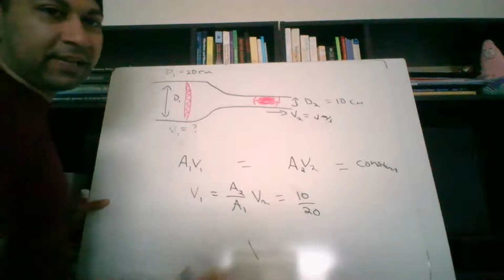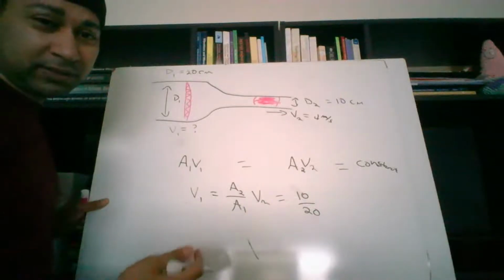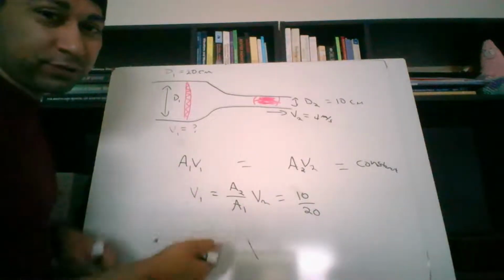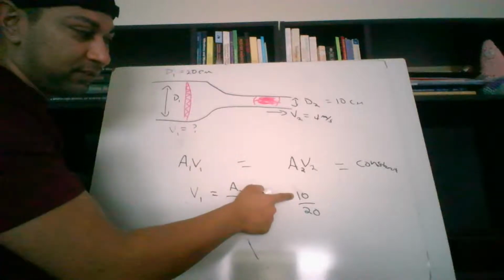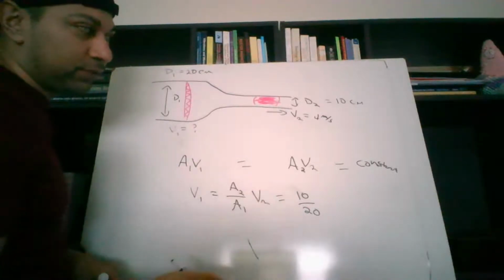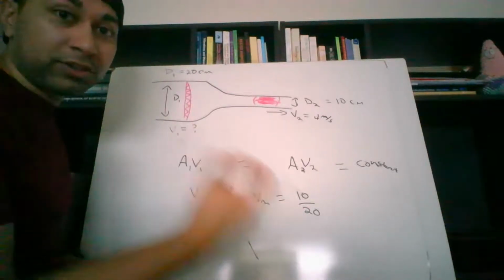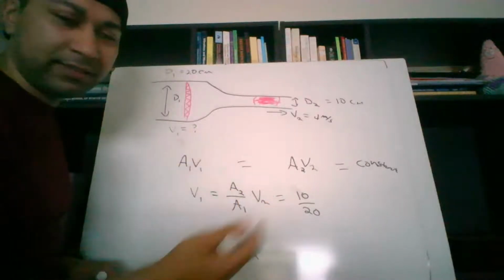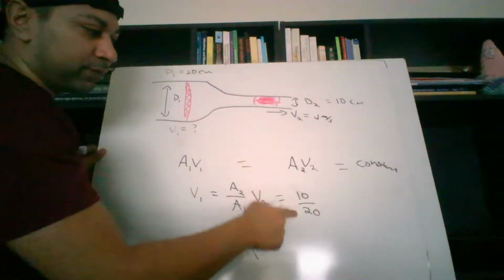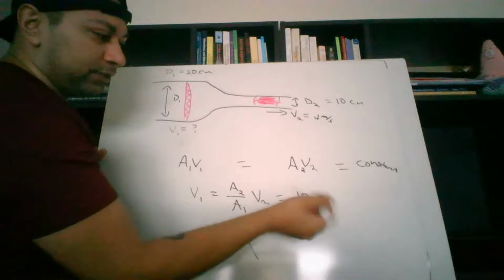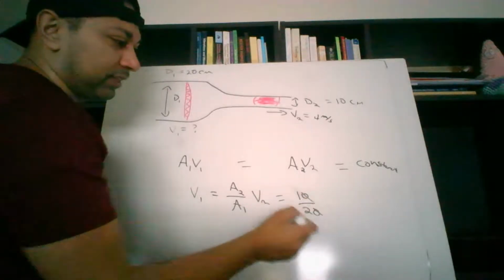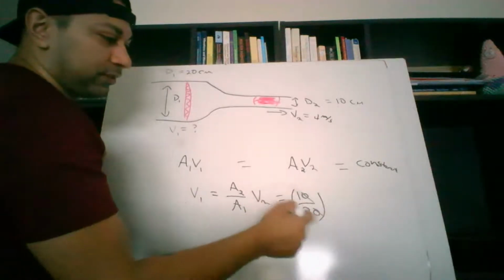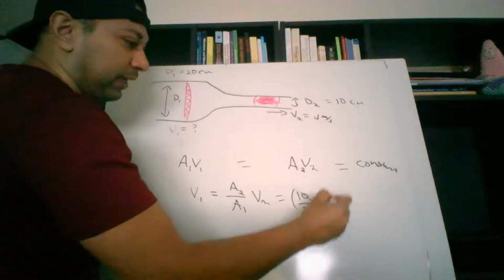The radius and the diameter are proportional, so it's just a factor of 2. They get multiplied out, so you're just going to be left with 10 over 20. And the pi term cancels out as well. And you don't even care about the units because they'll cancel out. And you get half. So it'll be 1/2 times